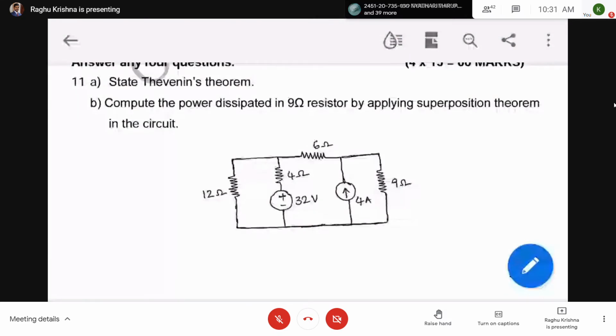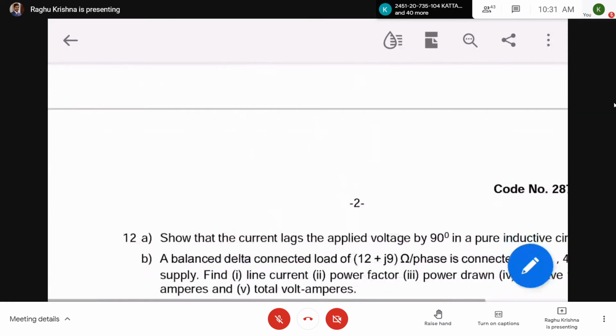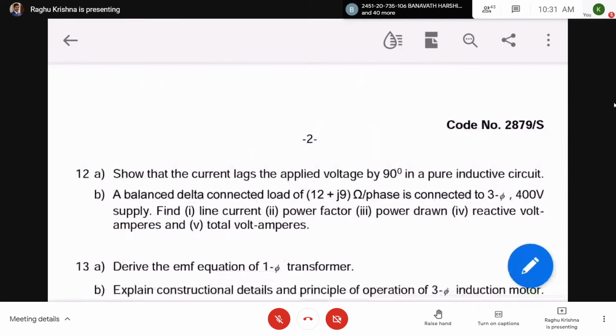So first find out the total current flowing through 9 ohms by considering one source at a time. After calculating the total current flowing through 9 ohms, you can do I square R to get the power dissipated in the 9 ohms resistor. Next, so here